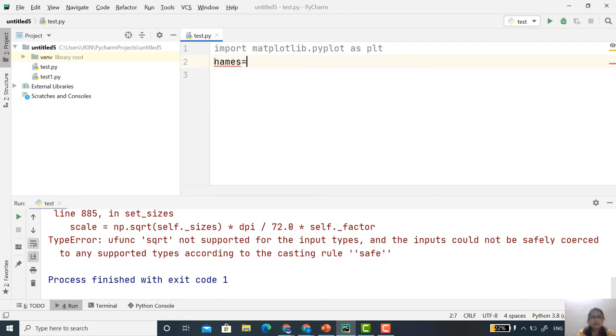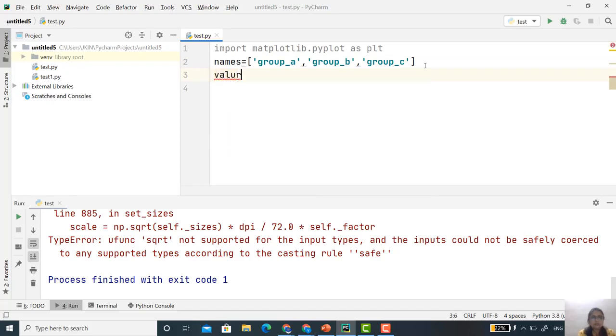You take one list, for example I use names: group A, then the second is group B, and the third one is group C.